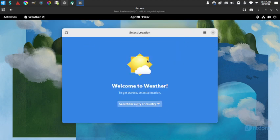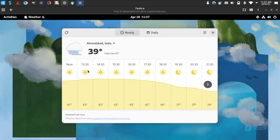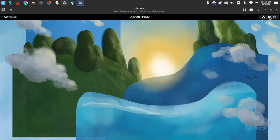You can put Ahmedabad. So in Ahmedabad, it is right now 39. Feels like 45. It is very hot right now. There is a heat wave going on. Okay. Now